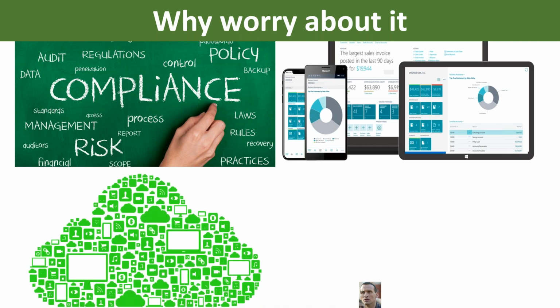The next idea, people are talking a lot about the cloud and software as a service. If you choose to go down this route, you can let someone else deal with the day-to-day hassles of your computer system. So if you choose a Microsoft product, for instance, Microsoft worry about doing your backups. Microsoft worry about security if you get a new employee, making sure that unauthorized people can't access your information, making sure that it's GDPR compliant.